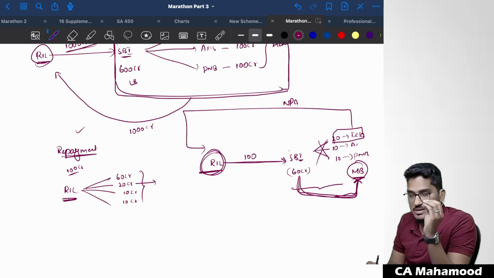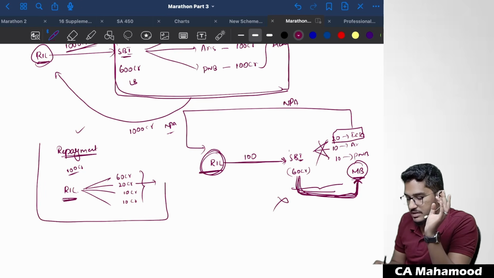Why? Because here the customer is honest, he has made the payment to the lead bank. As a member bank, you did not get the money. But in case you are able to get the confirmation from the lead bank that they have received the money on their behalf, then NPA classification could be avoided. So this is what the NPA norms are in case of consortium advances. Very simple, guys. But this kind of repayment very rarely will be followed.